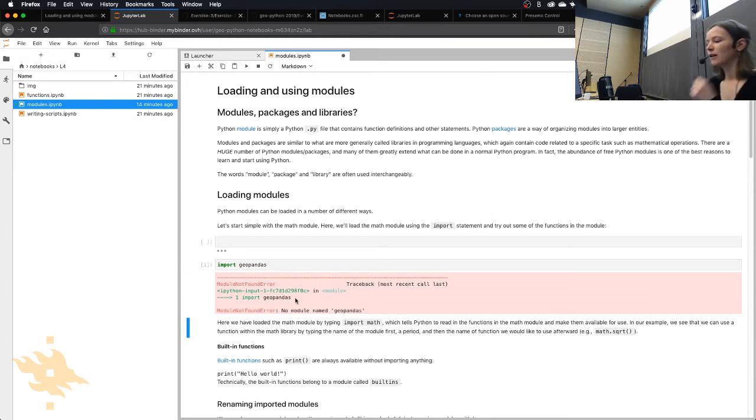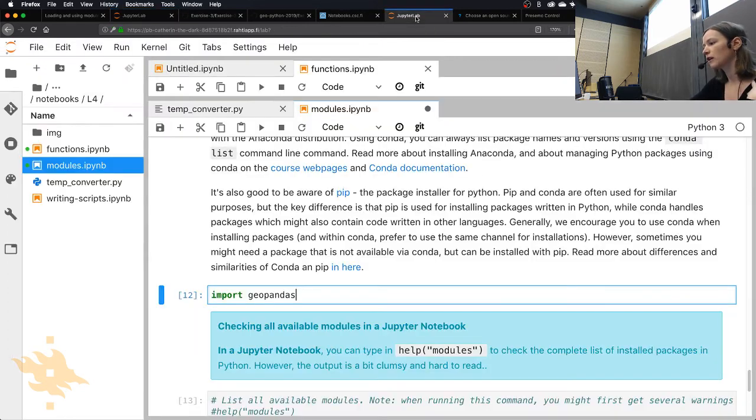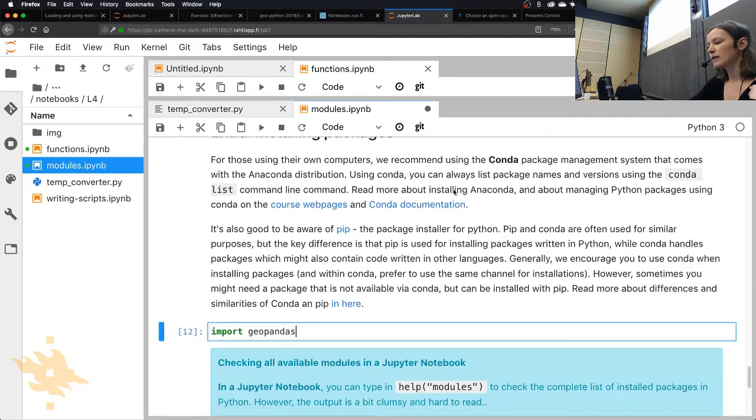Yeah, so module not found error. No module named GeoPandas. So in this Binder computer, we haven't yet installed GeoPandas. And then of course there's not much you can do about it. We have to do the installations, but if you're working on your own computer, there's some hints on where to